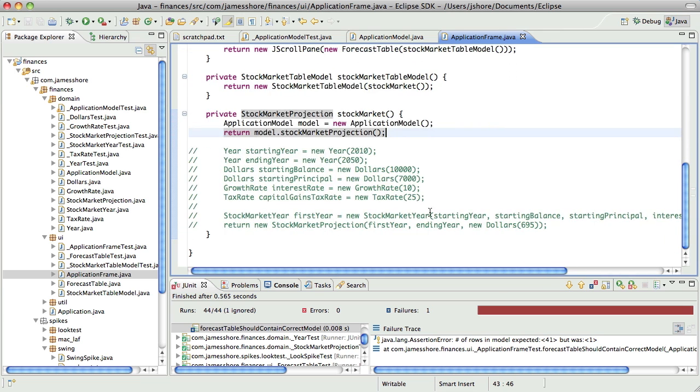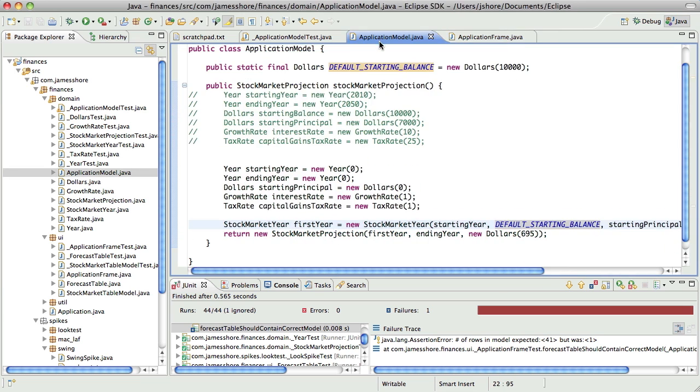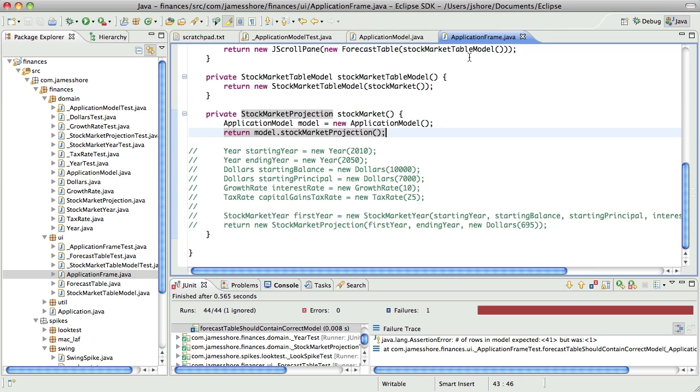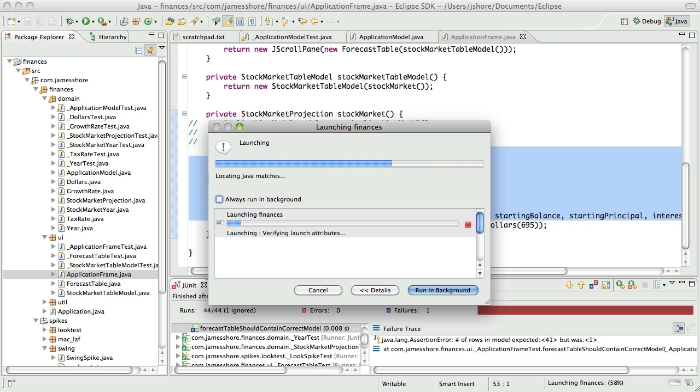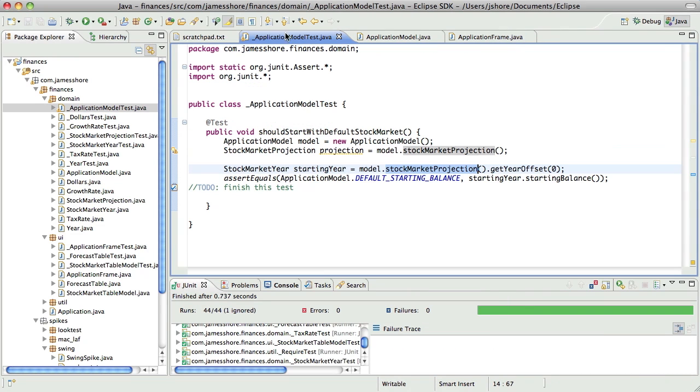Now that failed because we need the default number of years to be correct as well. The starting year and the ending year need to be specified as well. So let's go ahead and comment this back out. We've got a little bit more work to do in our application model test. Turn this back on, make sure everything is passing.